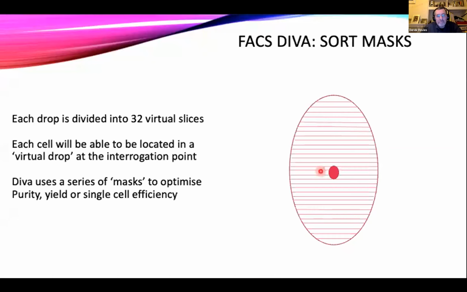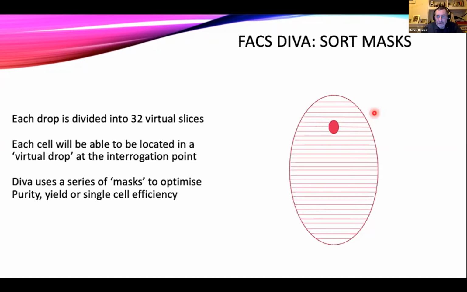But if my cell was dead in the middle of a drop, then even if it moved a little bit, I could sort that drop and I would sort the cell. But what would happen if my cell was somewhere near the leading edge of that drop? Now, there's the possibility that by the time it had reached the drop break-off, it may have moved. It may actually be in the drop before. Similarly, if it's towards the trailing edge, there's the possibility that it may move and not be in the drop that I'm interested in. So we have to take that into account when we set what we call sort masks